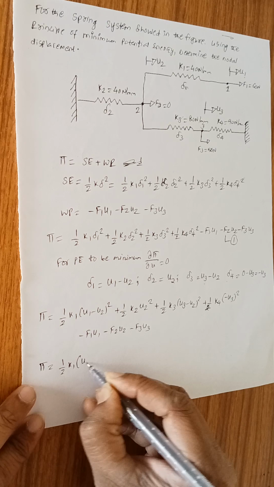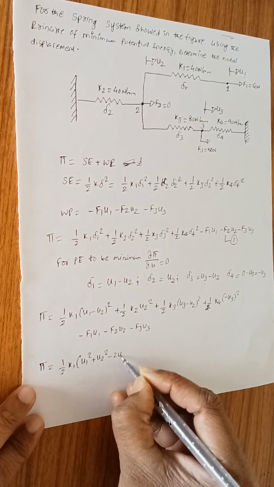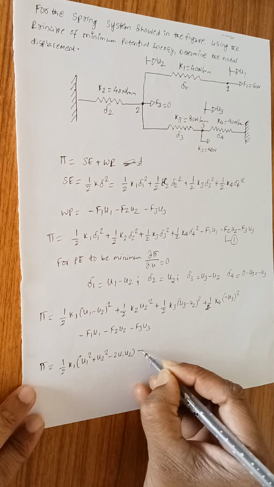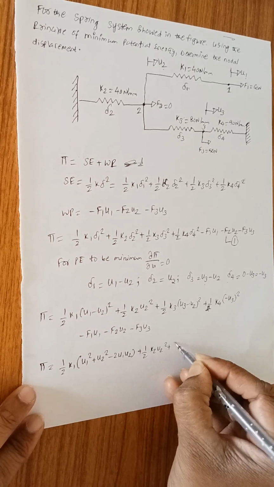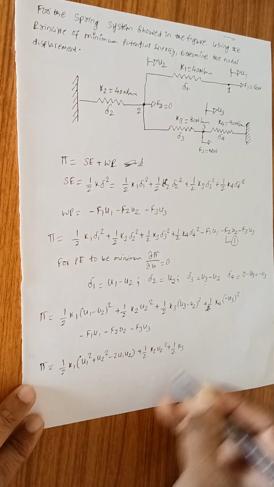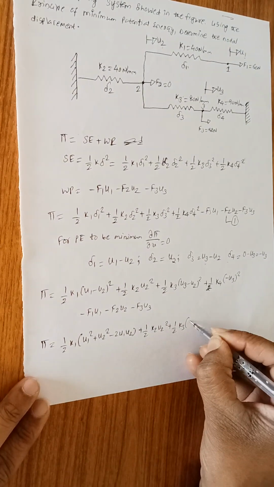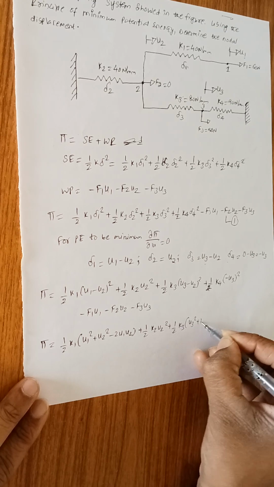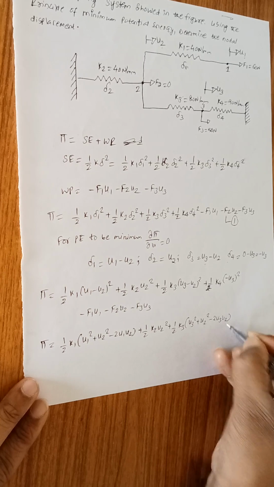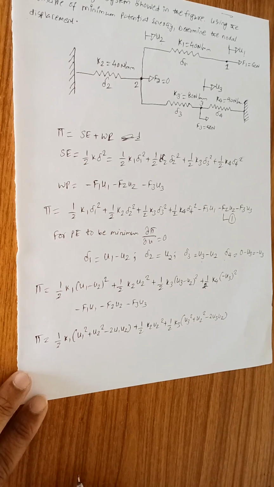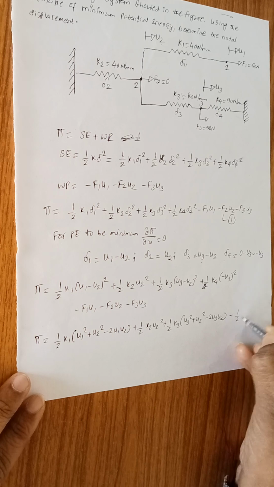Therefore I'm going to apply the (a minus b) whole square formula. u1 square plus u2 square minus 2 u1 u2 plus half k2 u2 square plus half k3, and here I'm going to apply the (a minus b) whole square formula again. It is going to be u3 square plus u2 square minus 2 u3 u2. It is nothing but a square plus b square minus 2ab, and here plus into minus will be minus half